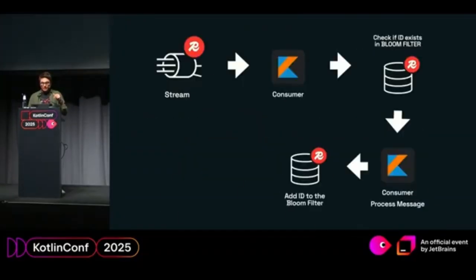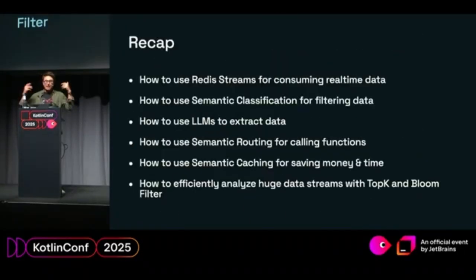And finally, let me finish that by recapping everything you saw, which was basically how to use Redis streams for consuming real-time data, how to use semantic classification for filtering data, how to use LLMs to extract data, how to use semantic routing for calling functions, how to use semantic caching for saving money and time, and the last one we didn't